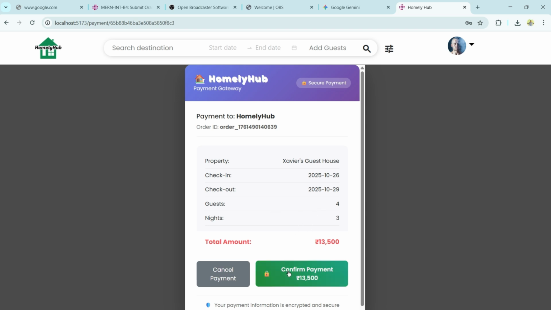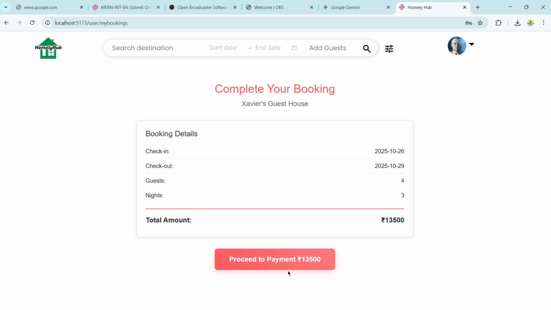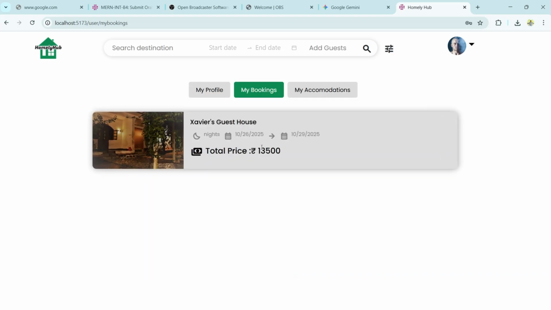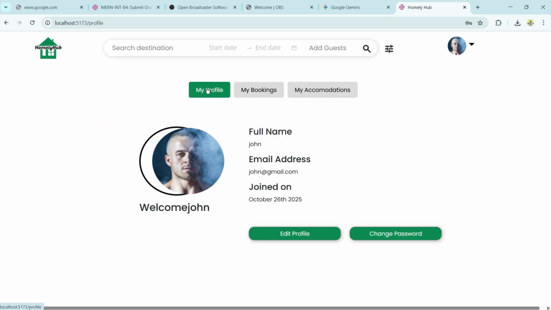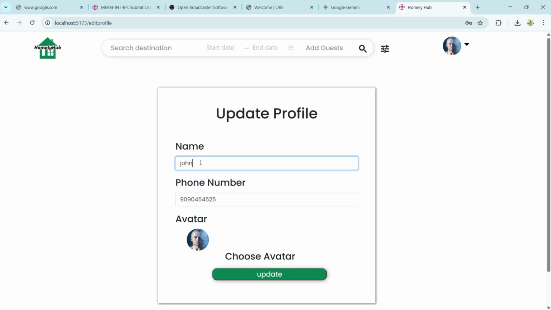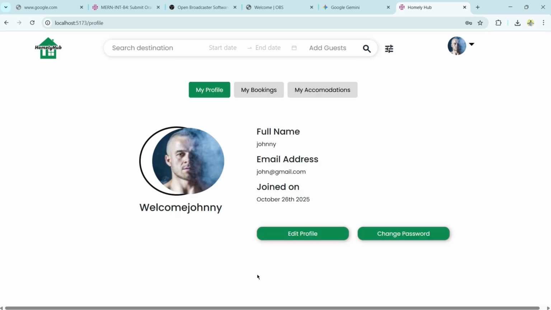If you confirm this payment, it goes directly to your profile, my bookings page. This is your profile. If you want to edit your name, click the avatar. And if you want to rent your own hotel or anything, go to